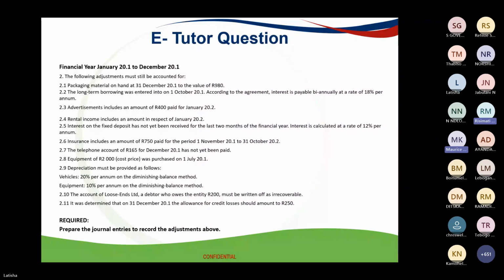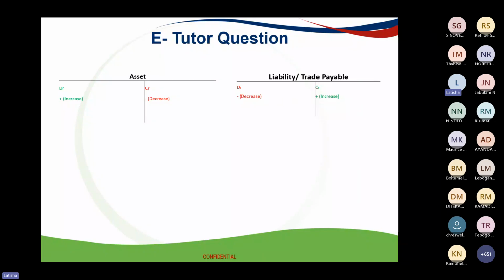So what I will do is, I thought before we start, just to remind you guys of what the difference is between an asset and a liability. So an asset, debits are positives, and that is why I've got it in green. Credits are negatives, they reduce your asset value, and that's why it's red. Liabilities are the opposite. Liabilities, a credit increases and a debit decreases. Okay, so if we now start